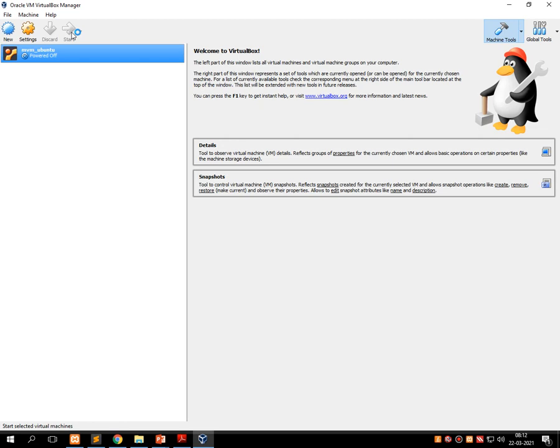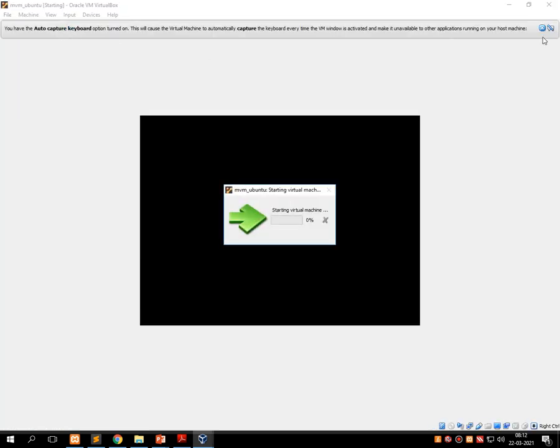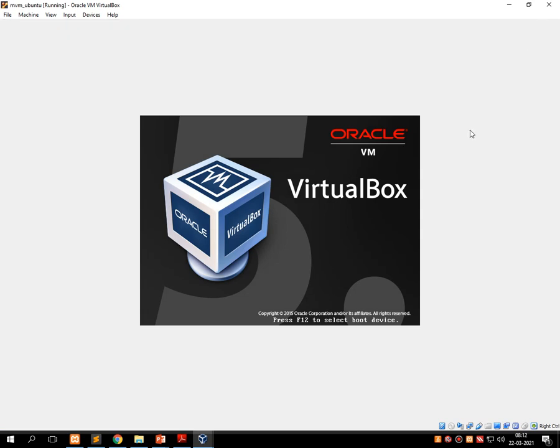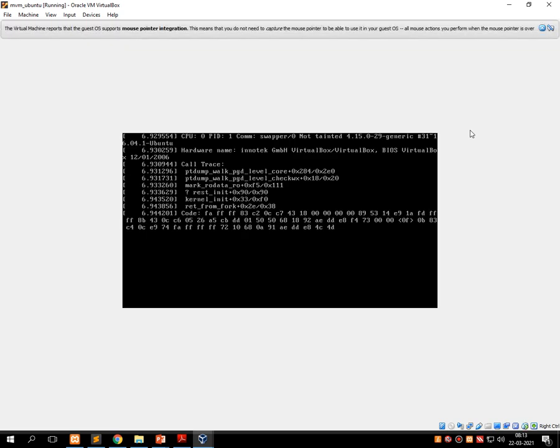Once you press the start button, wait for a few seconds as the entire Ubuntu operating system gets loaded into the Windows environment, which might take a few minutes. So we will wait till the desktop of the Ubuntu operating system is successfully loaded in the environment which you can see on the screen.